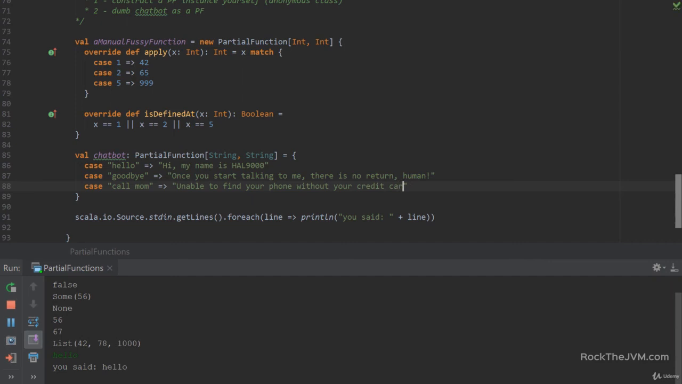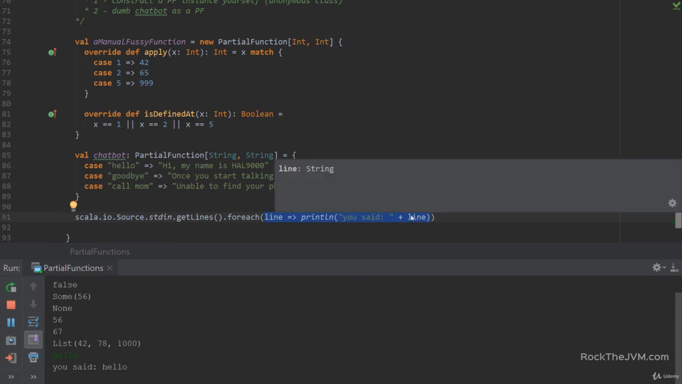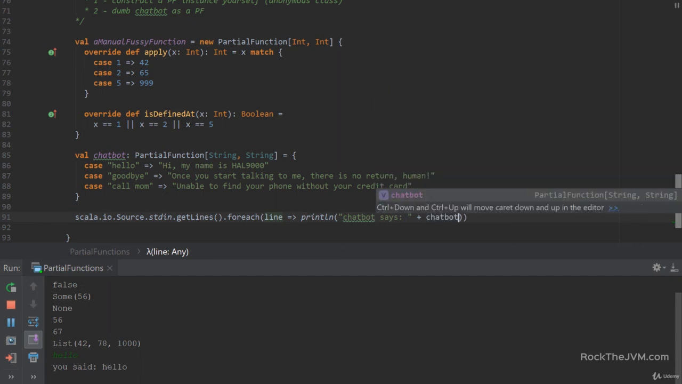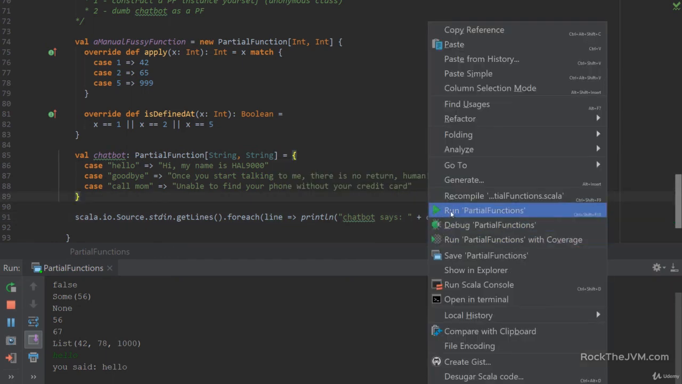Okay, and you can play with this chatbot as you want. And if you want to modify this little call over here to process each line by passing it to the chatbot, you could say println, chatbot says, chatbot line. This is how you actually apply the partial function. So if I right click and run this,